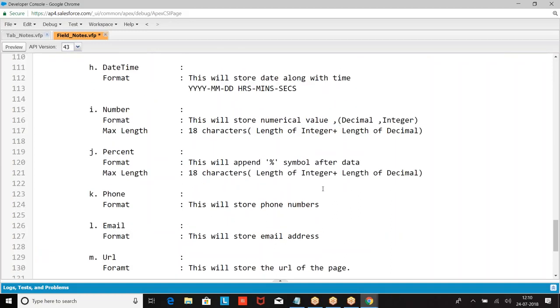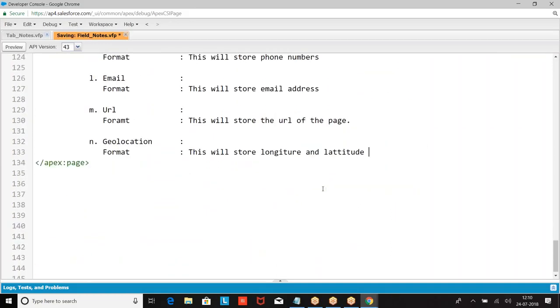All these are what? Data types. So with the help of these data types, we are supposed to create the fields. That's what we are going to see in the next session. But first, if you want to create a custom field, we need to understand what are the data types we have. According to that, we'll be creating the fields. Still, some more data types are there. We'll be looking at them in the next session. So, any queries from today's session?